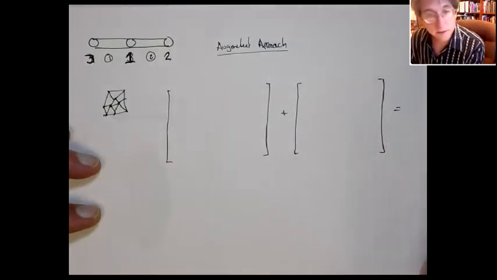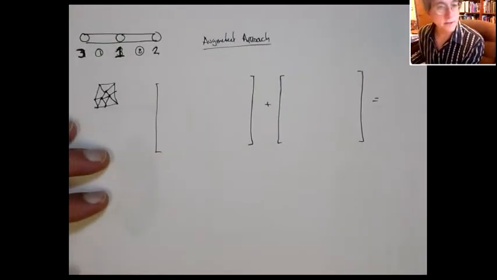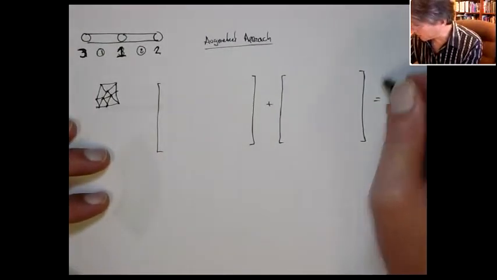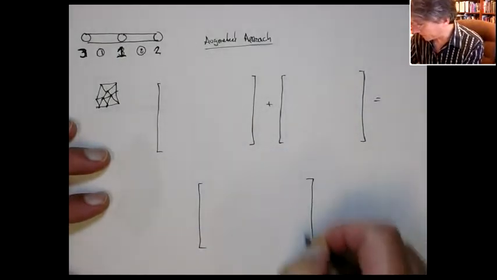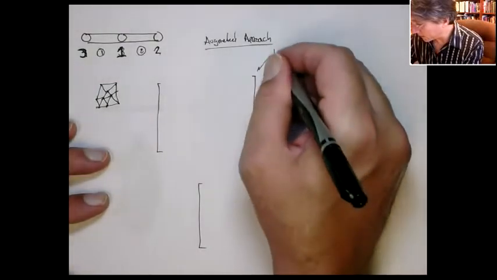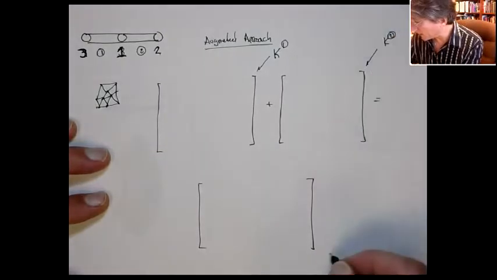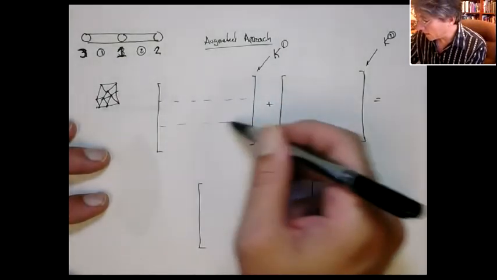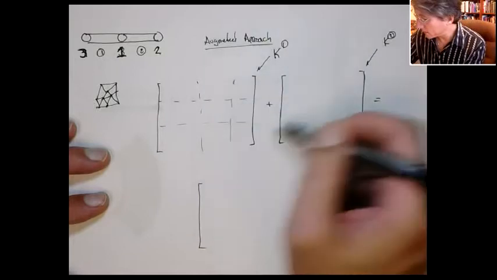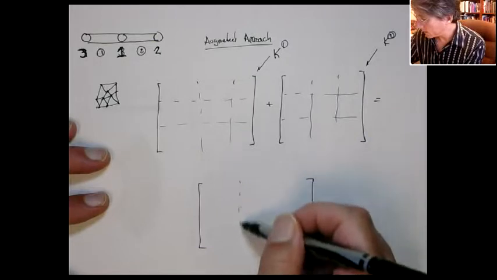And this is going to give us, I should put a little more room on here. Let me zoom out just a tad bit. Okay, we'll write the answer down here. So this is going to be the augmented stiffness matrix for the first element, the augmented stiffness matrix for the second element, and this is going to be the global stiffness matrix from the sum of those two. Again, they're both going to be 3 by 3s, so let's just show the